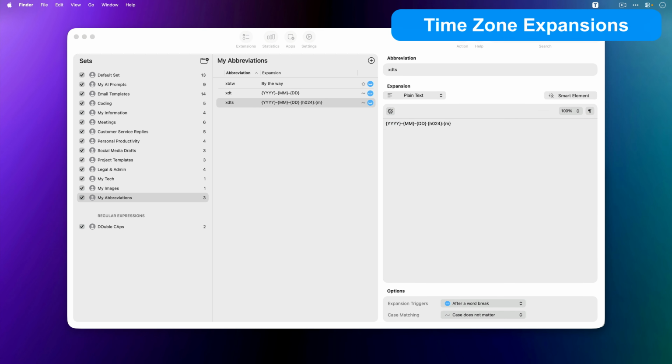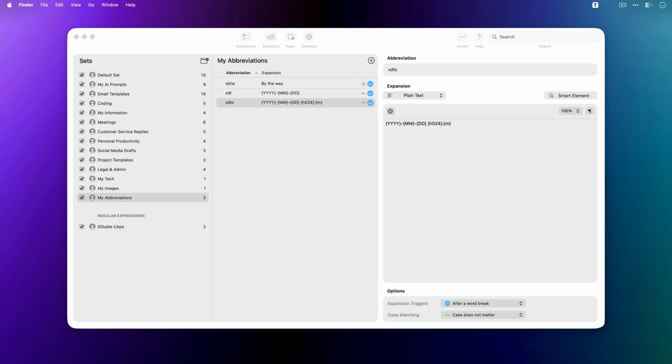Now, when you're working with the date and time, you're not restricted to the time zone that you're currently in. Typinator can help you print out the time in other zones quickly and easily. I'm going to create a new abbreviation here. But as a lot of the information that I need for it is already in this one, I'm going to save a bit of time by right-clicking and selecting Duplicate. Of course, I've got a warning because there are 2 expansions now with the same abbreviation, so I'll change this. And this is going to be X John DTS